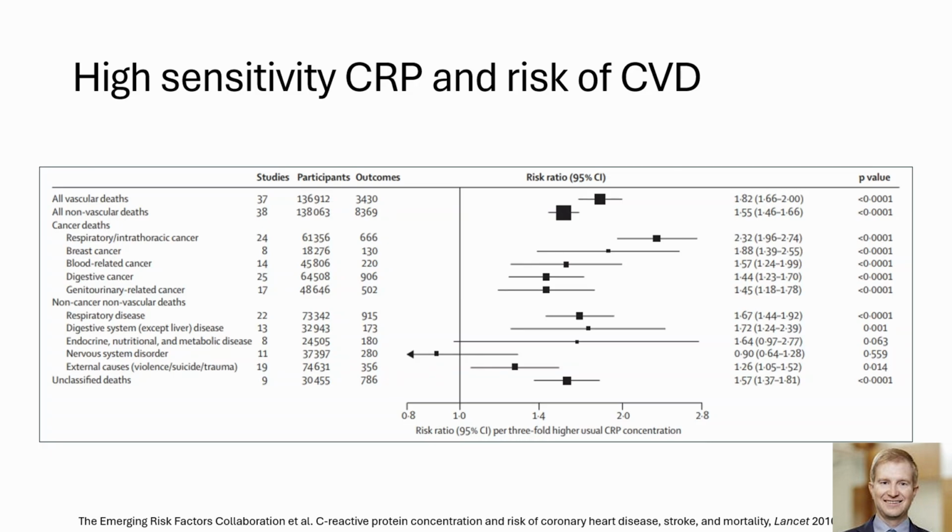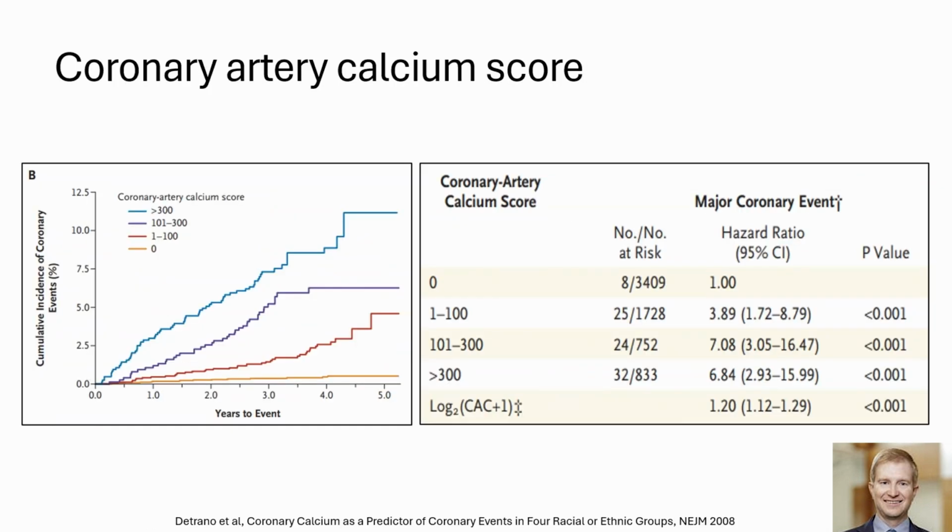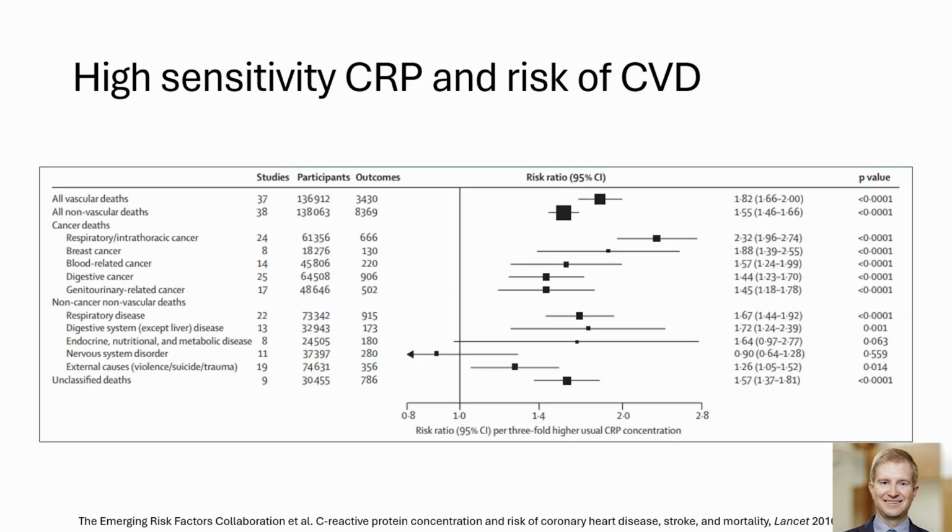CRP is a marker of inflammation and has been studied extensively, demonstrating that elevated levels of CRP increase the risk of vascular deaths. In this study here, it demonstrated that there was a 1.8-fold increase in patients with a CRP level of 3 times that of normal for all vascular deaths. So in the ACC guidelines, they suggest that individuals with a high-sensitivity CRP, that is just a more sensitive assay than the original CRP, of greater than 2.0 milligrams per deciliter suggest a higher risk